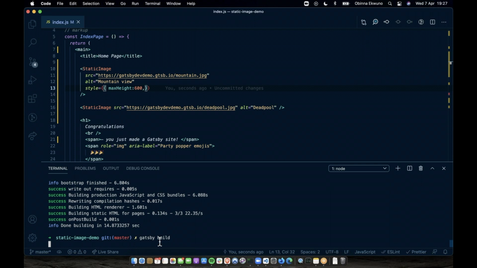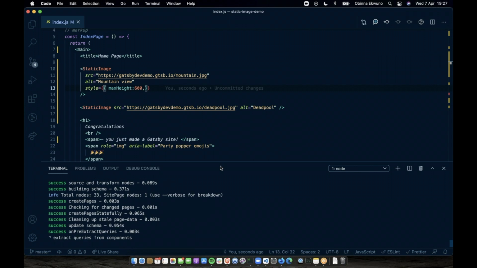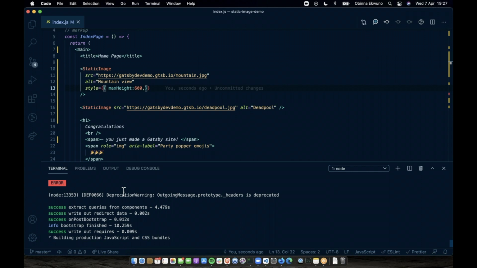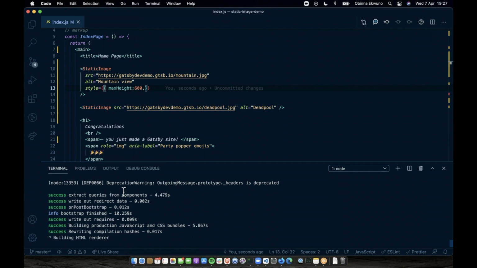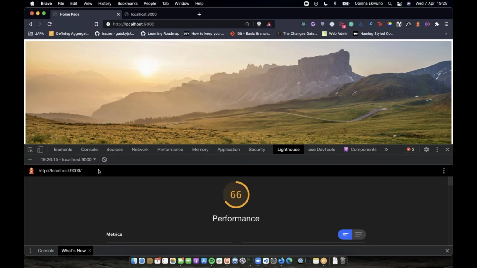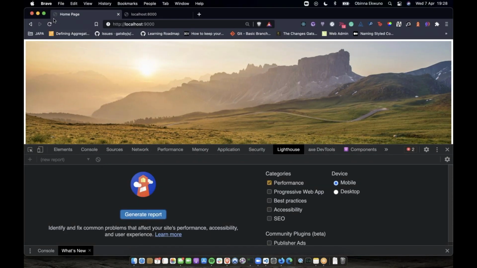So I'm going to run the Gatsby build, and while that's building, I always say that when you're doing a demo, you should have some elevator music, because when these processes are running, I'm just looking at you and you're looking at me, and we're wondering, okay, how fast can this finish? But yeah. So I'm going to go back to this place and close this.